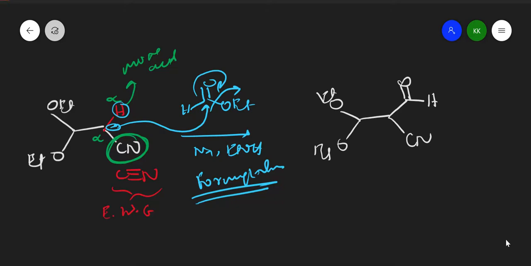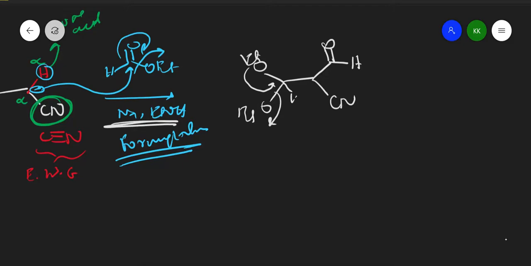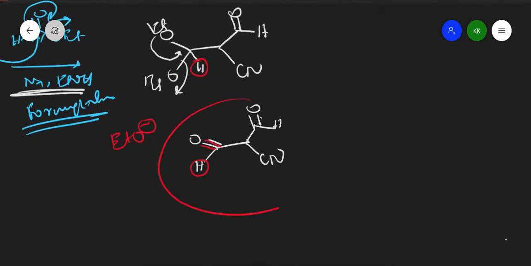Also, because of the sodium and ethanol, what happens here is that COOEt is also there. If I could remove this, here I have one hydrogen, no doubt. I will again get CHO here, also CHO here, and here CN, because one molecule of OEt will go as EtO minus, and the other thing will become a double bond here. This proton will be there as it is. So we will get a dialdehyde, and this is our dialdehyde molecule.